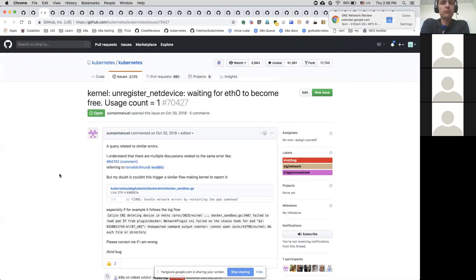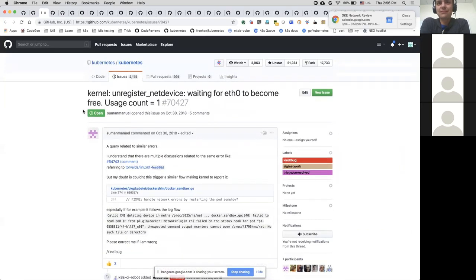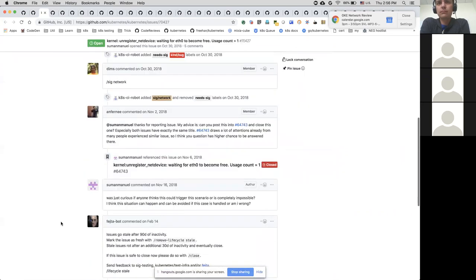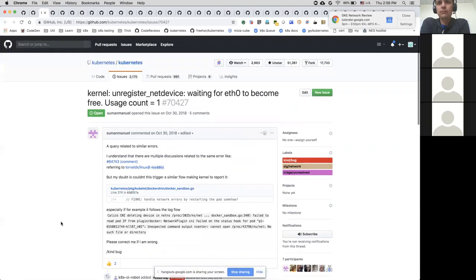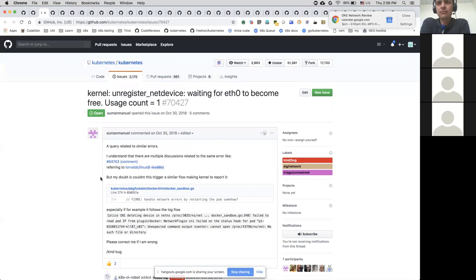So unregistered net device. Oh, this one is so familiar. This one is an Azure one. Yeah. You always come back, and I think it used to be a mechanical issue. I just throw this under my name sometimes. Some background: we have seen this tons of times, and every time it's a different problem. The kernel always throws out the same error message. It just means that the kernel lost reference to one of the VFs, and this can happen anywhere inside the kernel.